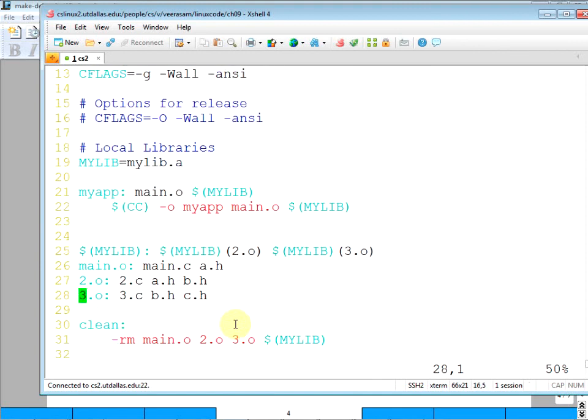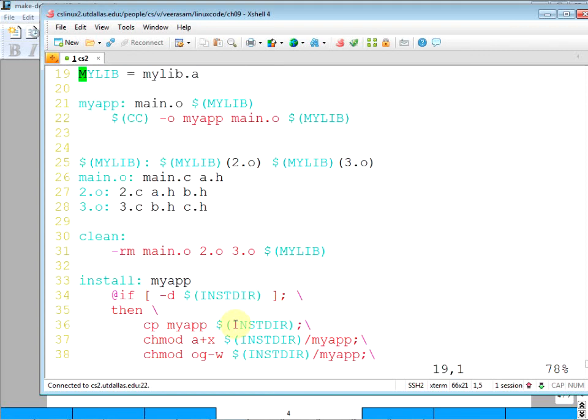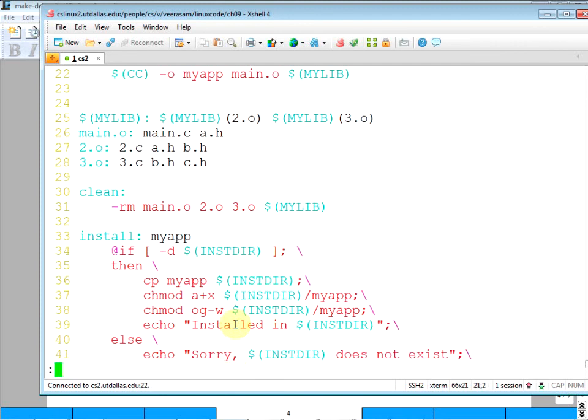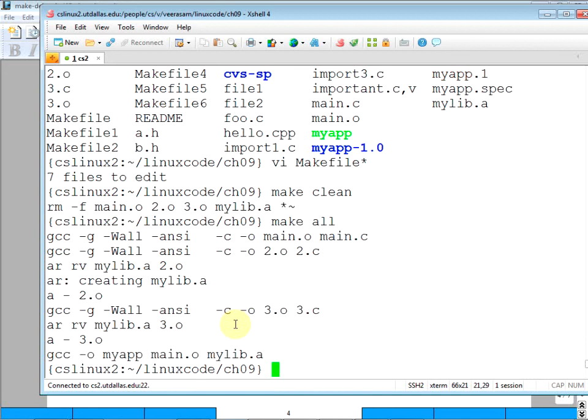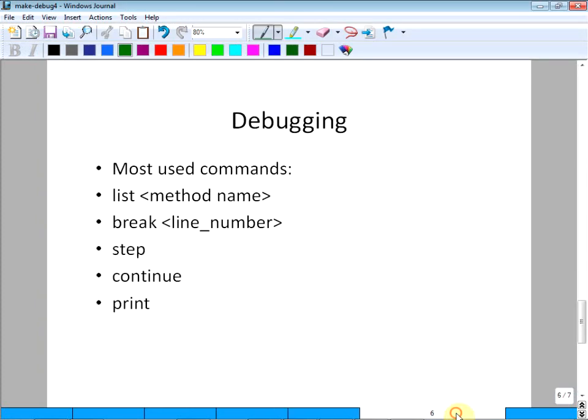But the environment actually does compile by default, so it may be using some default mechanism. So let's do make clean. It deletes everything. Then make all. Okay, that should be good enough for the makefile.